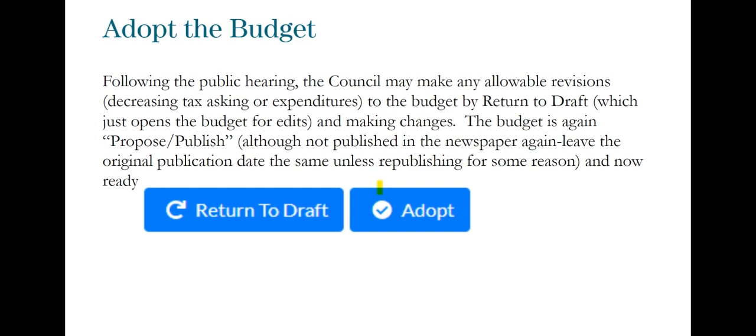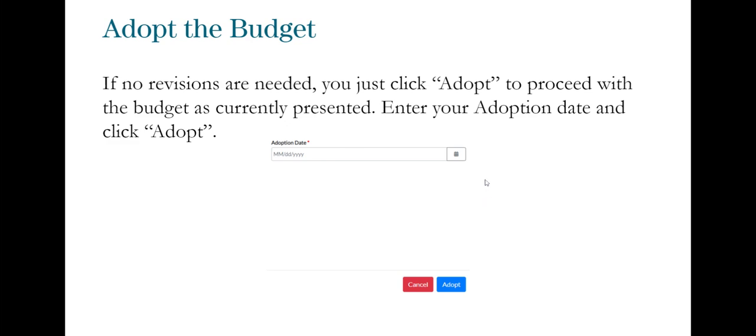You really only typically republish if there was something wrong with your publication and you have to have a full new hearing date, which, we hope that doesn't occur. But at any rate, you propose publish again, and then you're ready to adopt, or if no revisions were needed in the first place, you just click adopt, and you enter the adoption date of your board